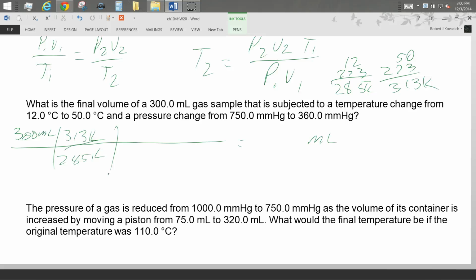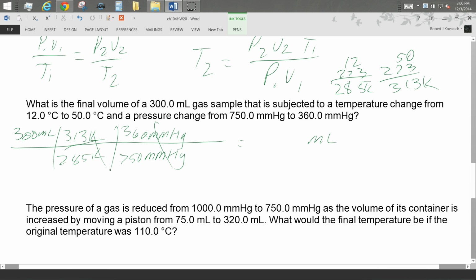So then I take these two numbers and I put 360 millimeters of mercury here and 750 millimeters of mercury right here. The millimeter mercury units cancel out, the Kelvin units cancel out, and I'm going to get a number that's considerably larger than 300 milliliters. So 300 times 313 divided by 285 times,